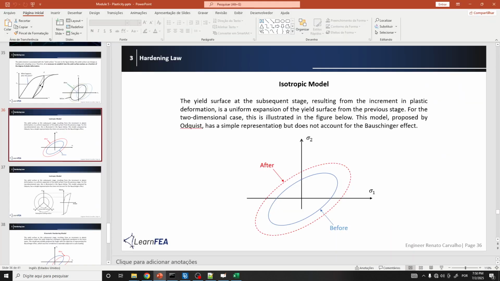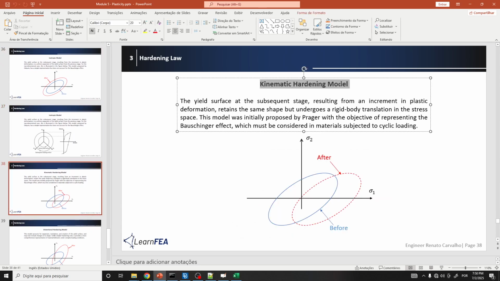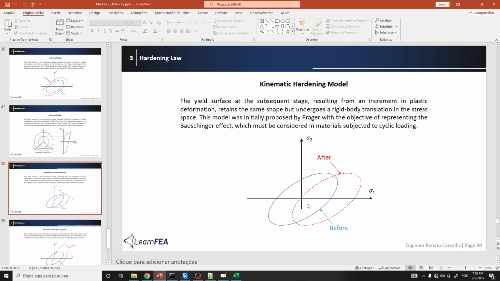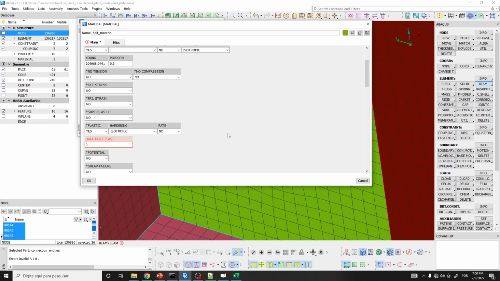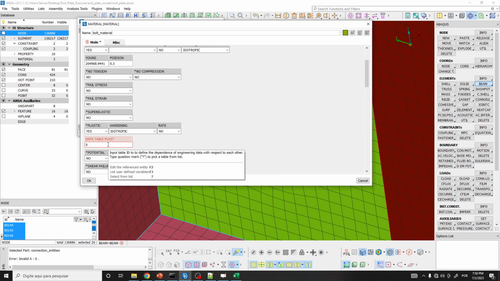But if we had the condition of cyclic loading, then maybe we would have to use the kinematic hardening model, where we have a translation of the yield surface. Okay. All right. So isotropic here. And now we need to define a table